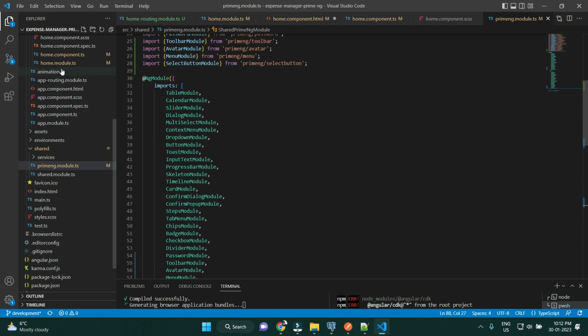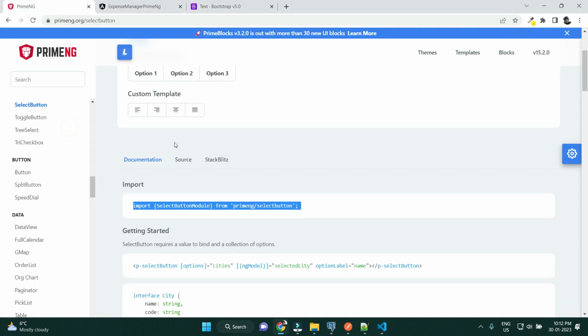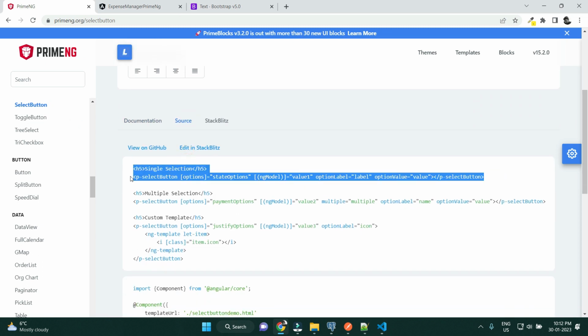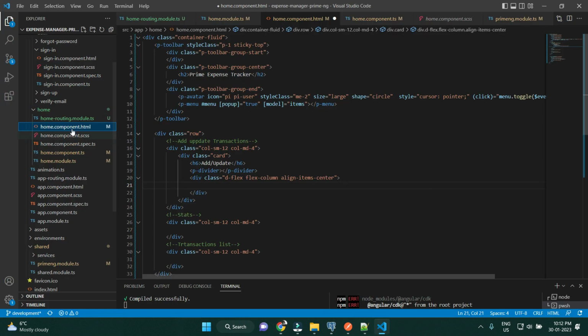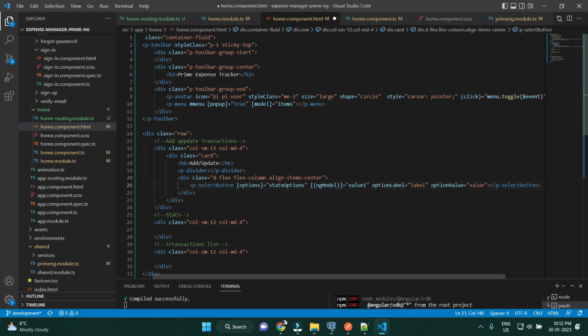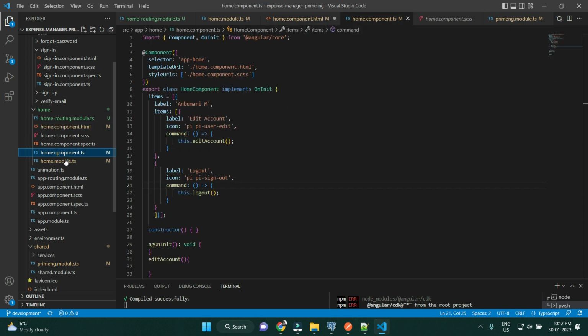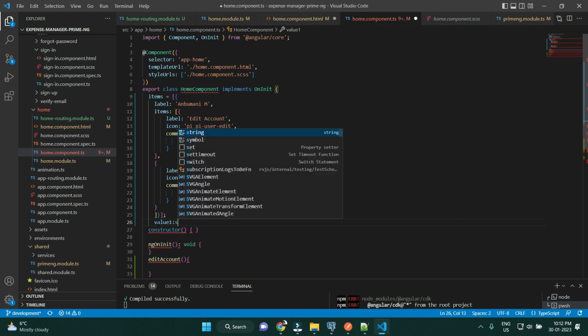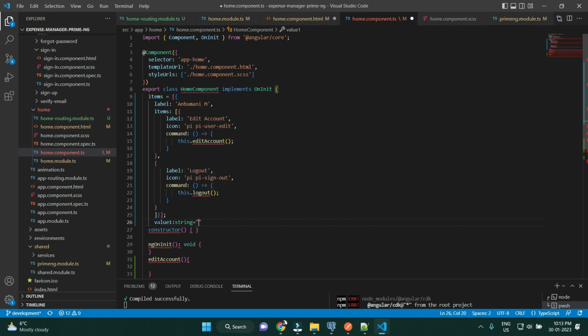Save it, and let me go here and add the select button. Let me put it here, and I'll just have this variable declared in my component, just a value. I don't want anything to be specific here. Okay, let me save this,